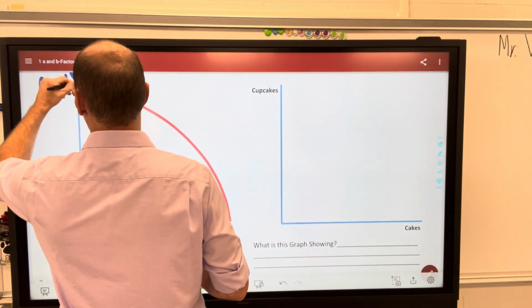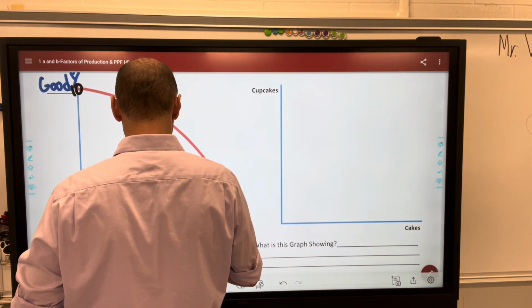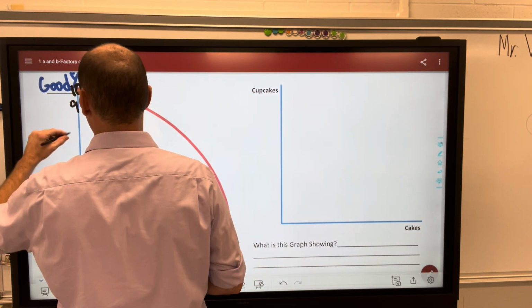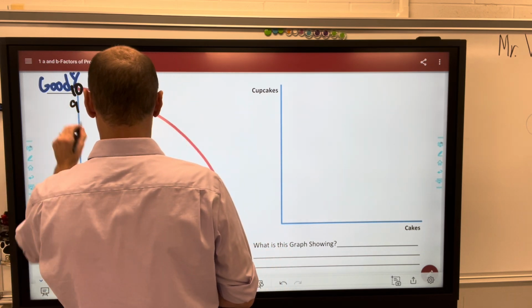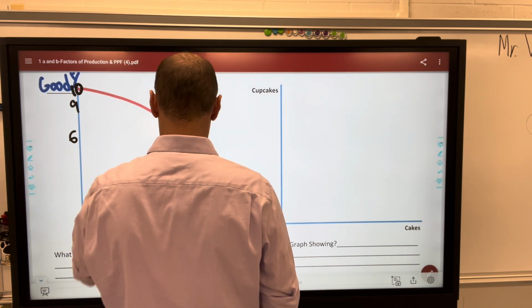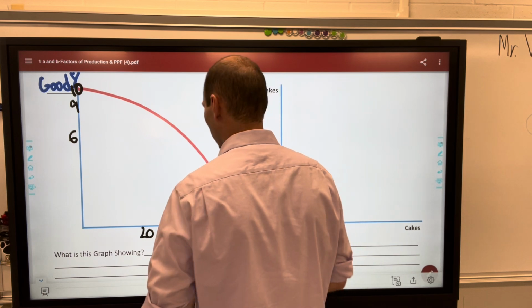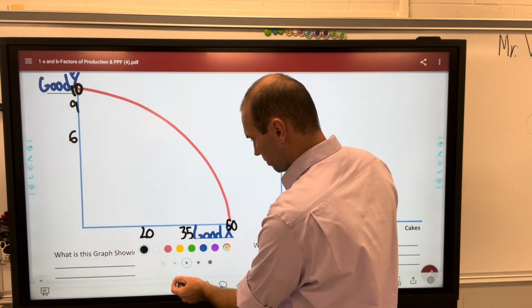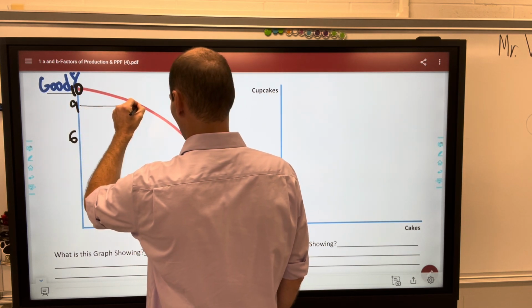So I'll go ahead and have my 10, and I'm gonna make my font size a little smaller. And I got this 9, and I got a 6 here, and I can go ahead and put my 20 here, my 35 here, put my 50 there. And to make this all nice and neat, we can go ahead and say, all right,